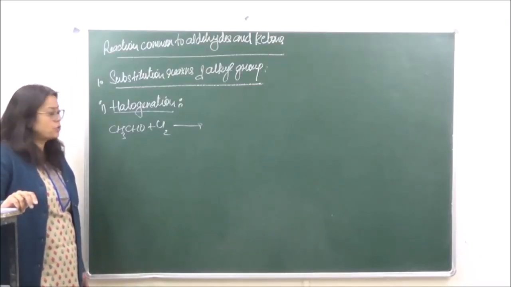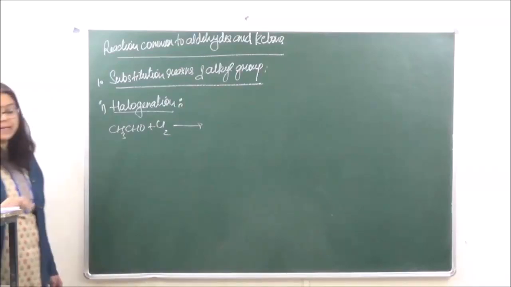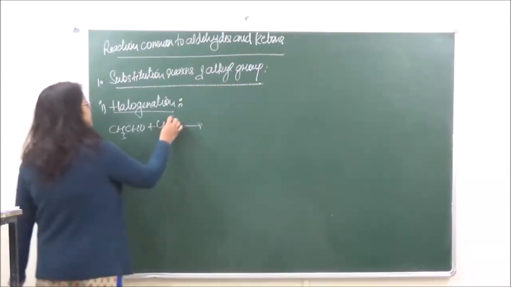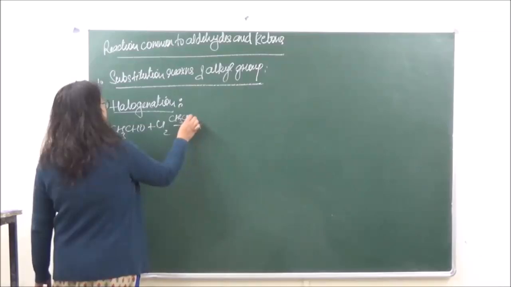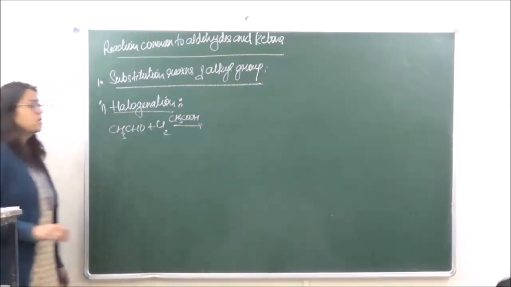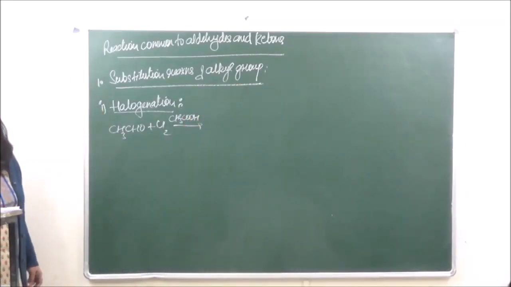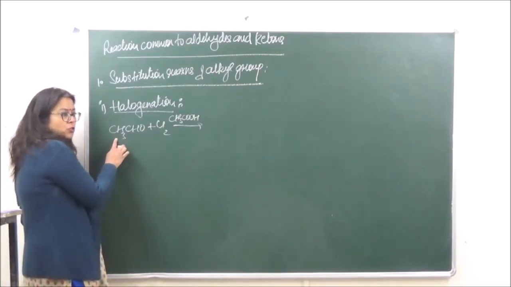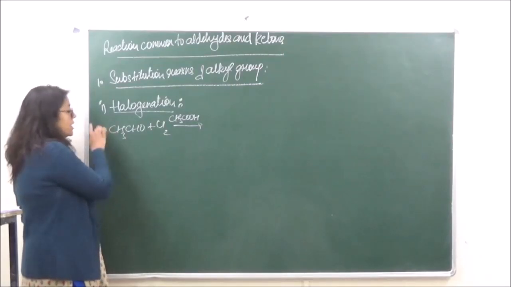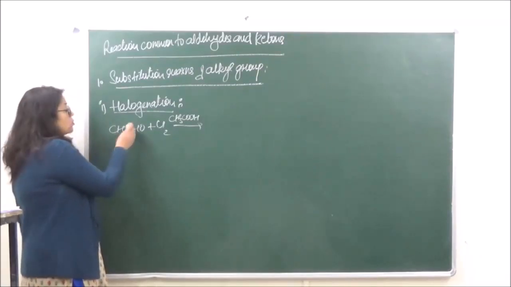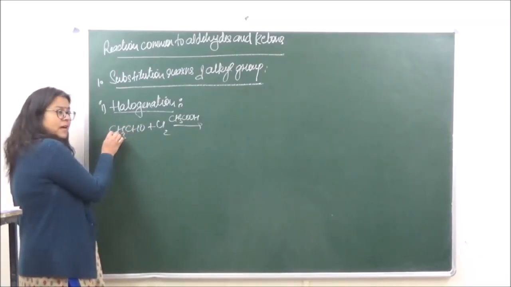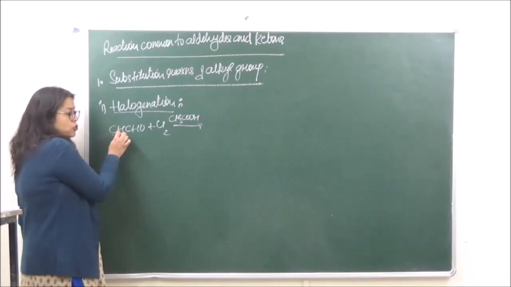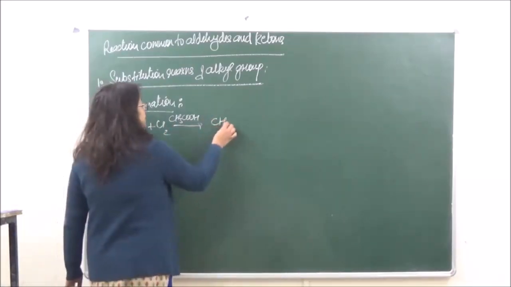So in case of ketones, we might need certain special reagents which are going to activate the ketone towards nucleophilic substitution. Okay. So if we react the aldehyde with chlorine in presence of CH3COOH in acidic medium, the alpha hydrogen which is present over here is going to be substituted. It is always the alpha hydrogen which is going to be more susceptible towards substitution than the next hydrogen. So if this is the functional group, this is the alpha carbon atom, and this is going to be the alpha hydrogen over here.